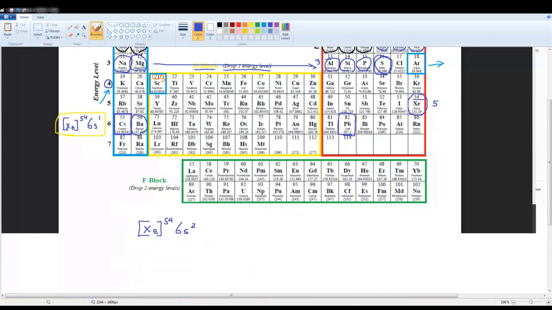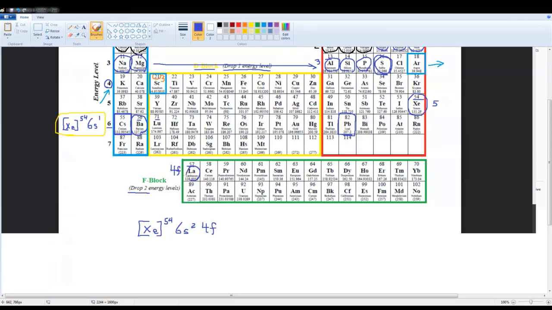But notice this is a 56 and this is a 71. So after 6s2, I don't go to the D block. I have to go down here. This is the F block. And when I go to the F block, for the same reasons that I dropped one energy level in the D block, I drop two energy levels in the F block. I was previously in 6, but going down to the F block, that means this is going to be a 4f. I dropped two energy levels. So I'll do 4f,